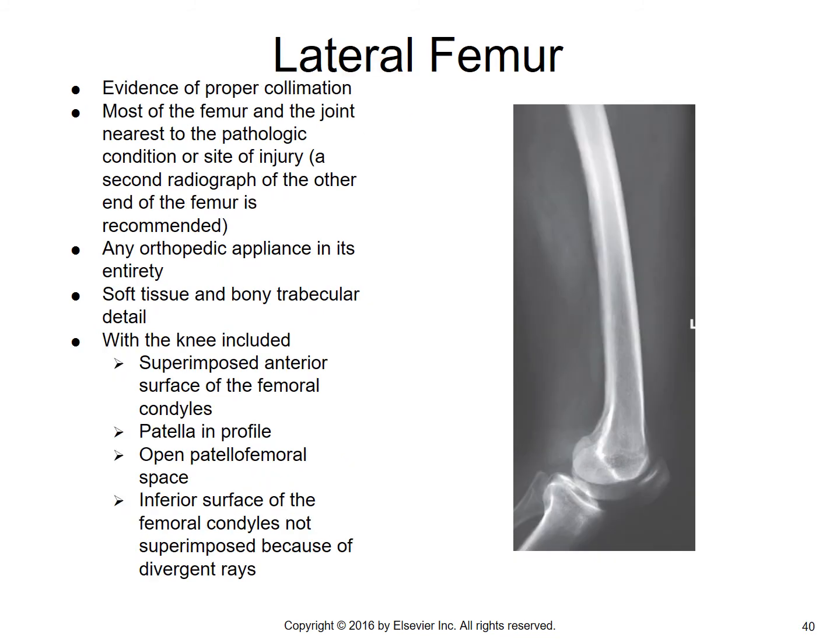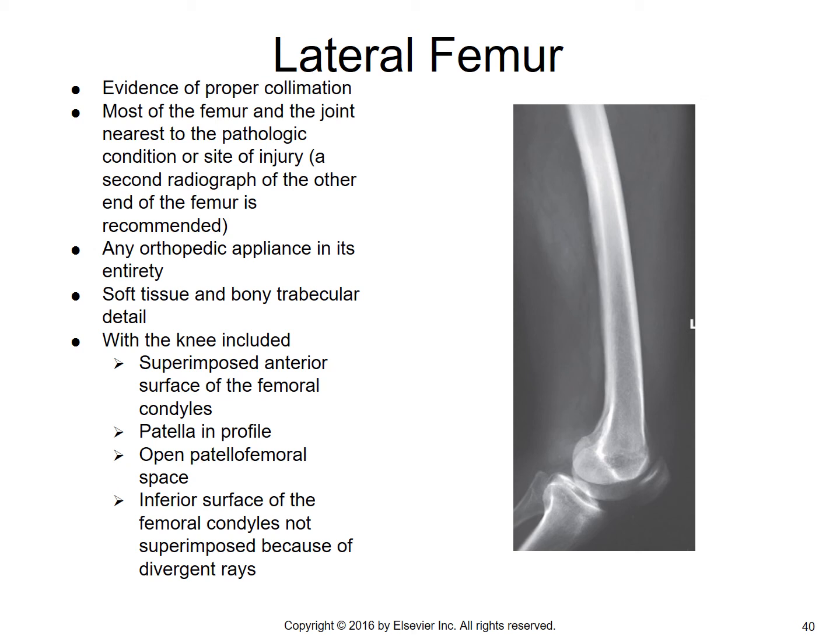For the lateral of the distal femur, evidence of proper collimation. Most of the femur and joint nearest pathologic condition or site of injury. Once again, a second radiograph of the other end of the femur is recommended. Once again, it's a long bone. You should have both joints. Any orthopedic appliance in its entirety. Soft tissue and bony trabecular detail should be seen. With the knee included,